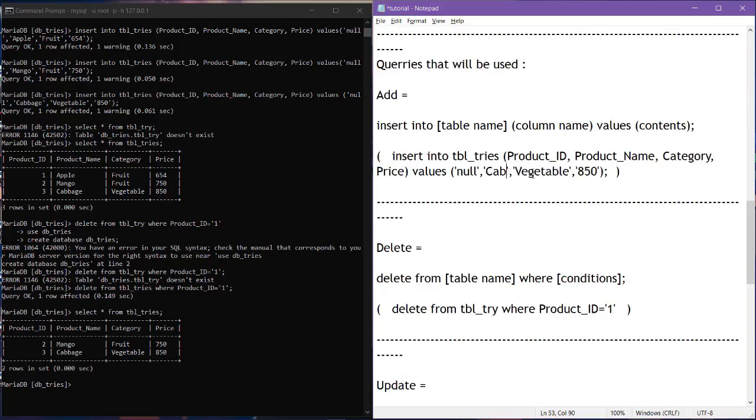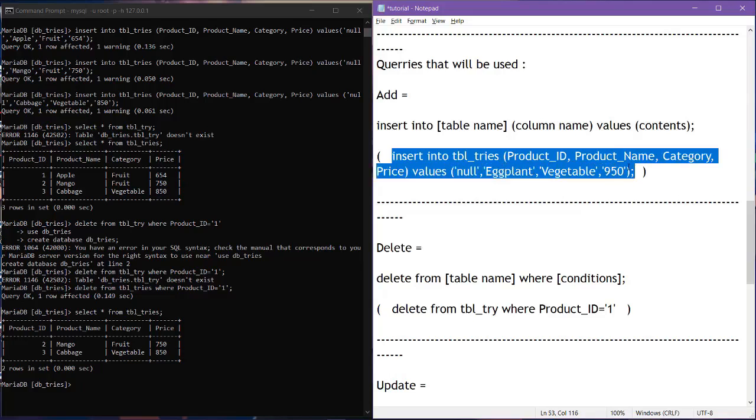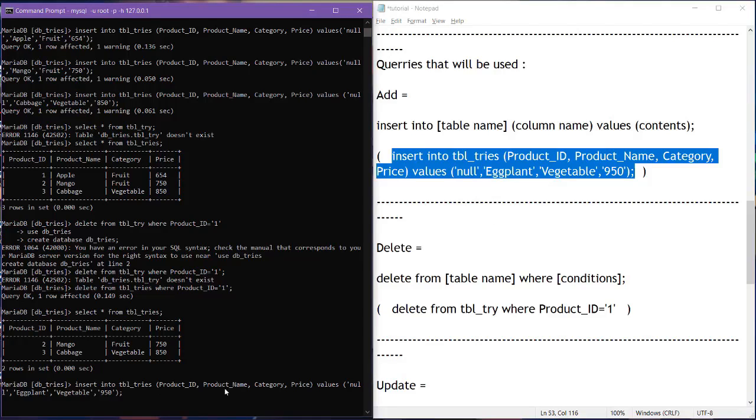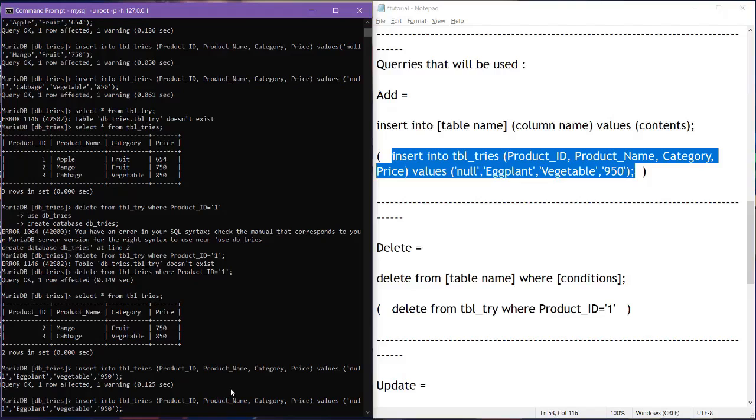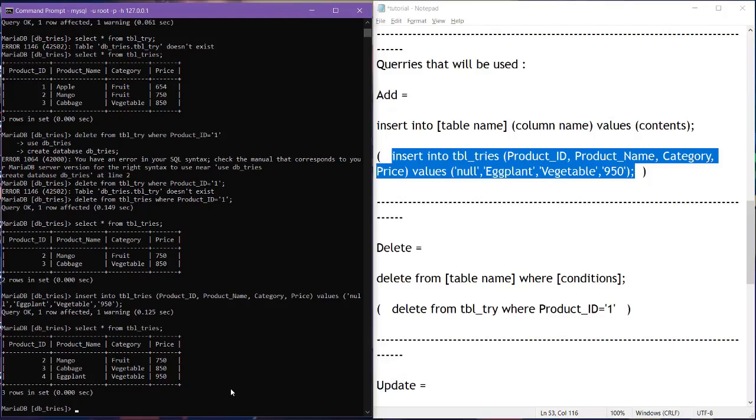Then I will change it into 950 pesos. After that, enter. And if you show it, as you can see, it's number four because the numbers continue, continuously going because of the auto increment that we set when creating the table.